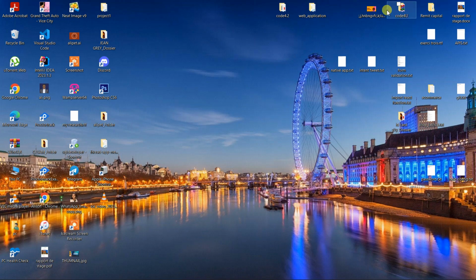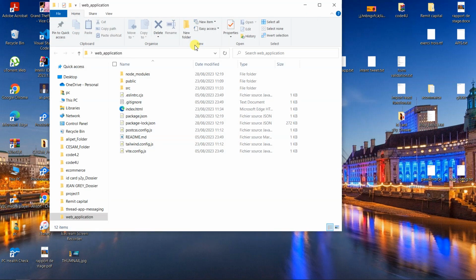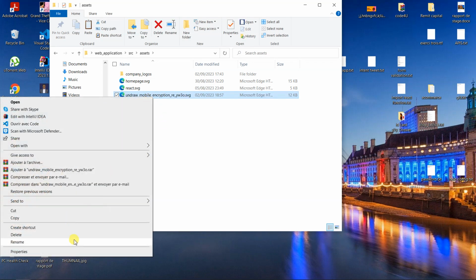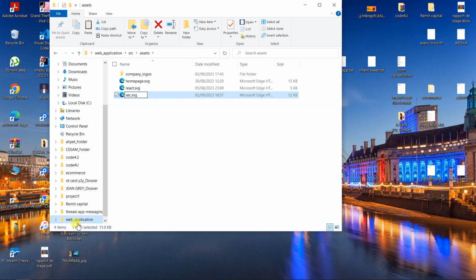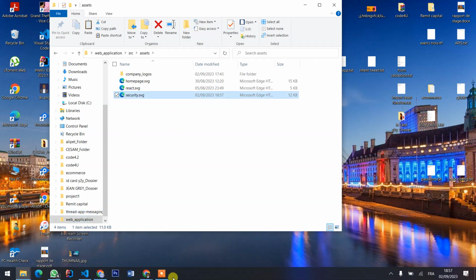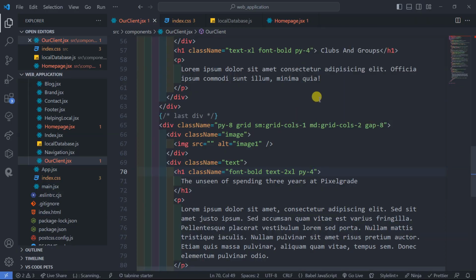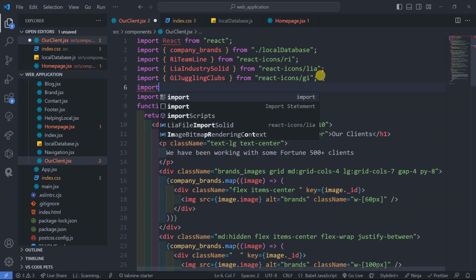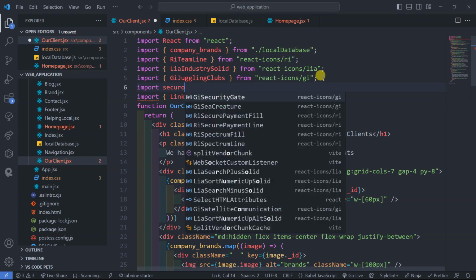I'll go back again to my web application. I'll go to source. I have asset. Just put it there, and then I can rename it. Let's call it security. Okay, now I will just go back here to my image. Here is the image source. Then I have to go on top here and import it. I will just say okay, down here I am importing security